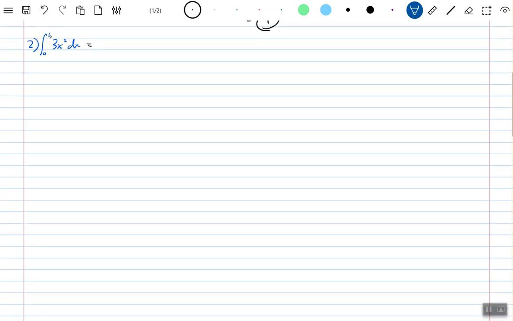So I'm just going to go ahead and pull that 3 out in front of this integral. So this is 3 times the integral from 0 to 1 of x squared dx. Now it's just a constant times the integral of x raised to some power. So we want to use the power